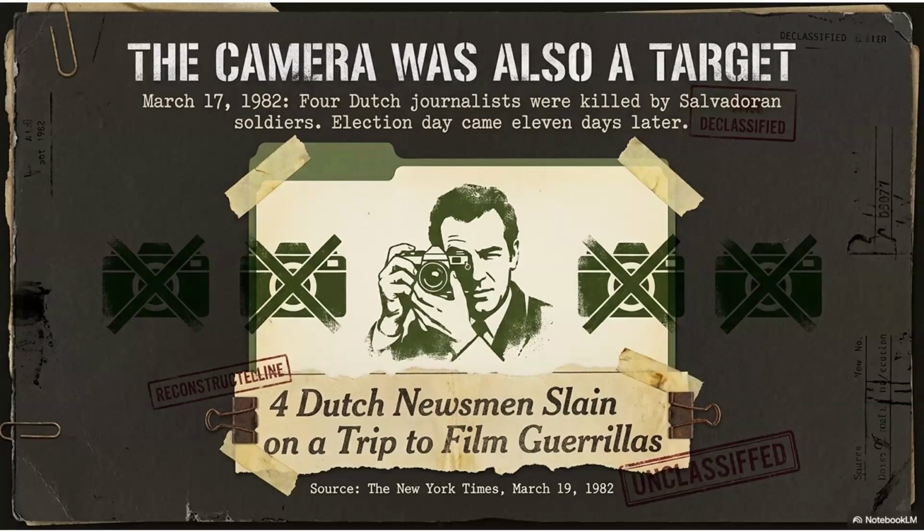A free election requires a free press, not just on election day, but before election day, in the countryside, in the conflict zones, and among opposition communities. If journalists can be killed for filming the wrong side of the conflict, then the public image of the election is already restricted. The election photograph shown to the world was not simply incomplete by incident. The conditions for seeing were themselves dangerous. And if the camera cannot move freely, democracy cannot be fully visible.